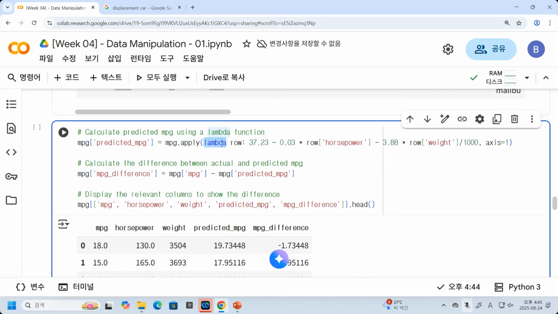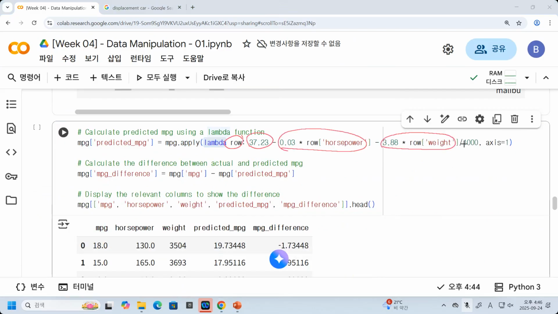What is apply? I would like to apply one value. So there is a value row. So let the value row, this one is a function of this multiplied by this one and multiplied by this one divided by 1000. And then we apply x is equal to 1. So x is equal to 1 means the column. So after I have the predicted value,